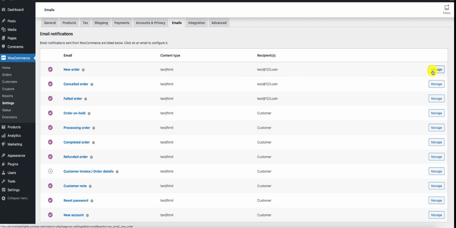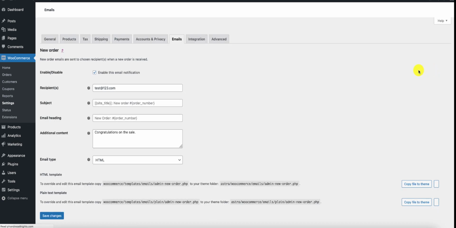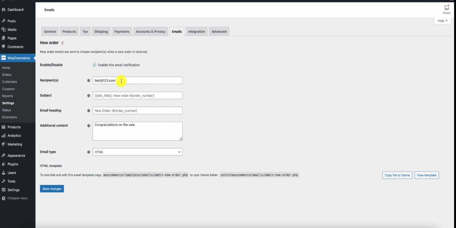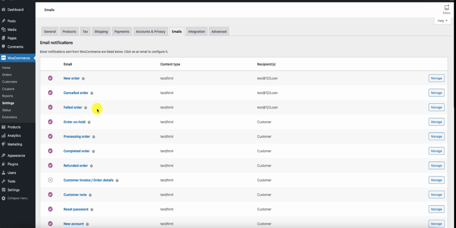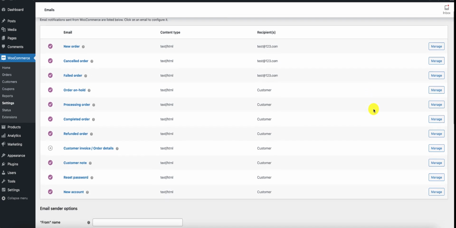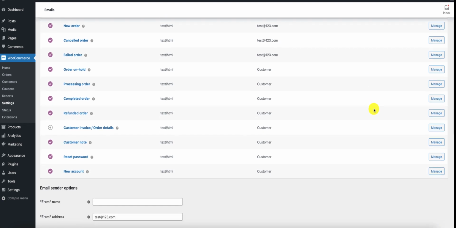So for any orders that you get, you need a notification. It's normally your PayPal. You should have it through your PayPal notification anyway. So you just put in your PayPal address there. Or if you wanted it to be a different address from your PayPal, you would put it in there and then click save changes. Same as your cancelled order and any failed orders, and moving down, processing order, completed order,